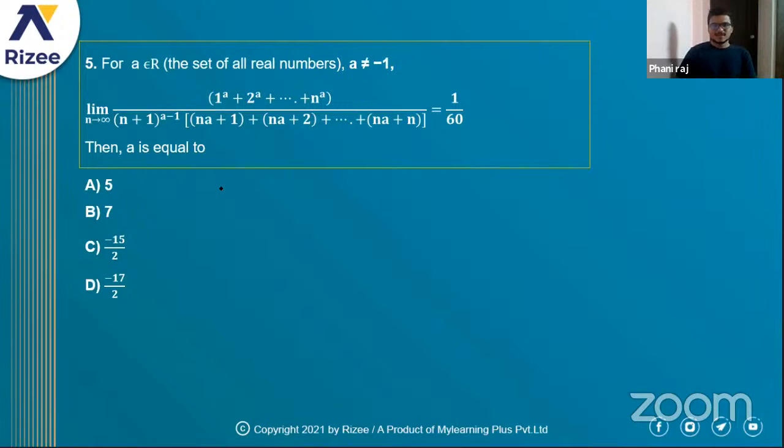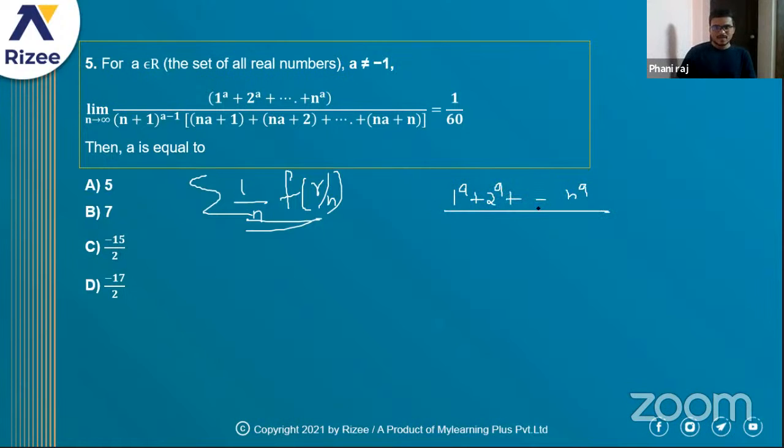So this is trivially seen. Integral is the limit of a sum. So first of all, you should write that sum always as 1 by n times f of r by n. Always try to write it like this, as the limit of a sum. So firstly, you are seeing r is being varied from 0 to n, so you should get n here. So you can take n common from this and n common from this. What do you get? You get 1 power a plus 2 power a plus so on, so n power a, by n power a minus 1, into 1 plus 1 by n whole power a minus 1